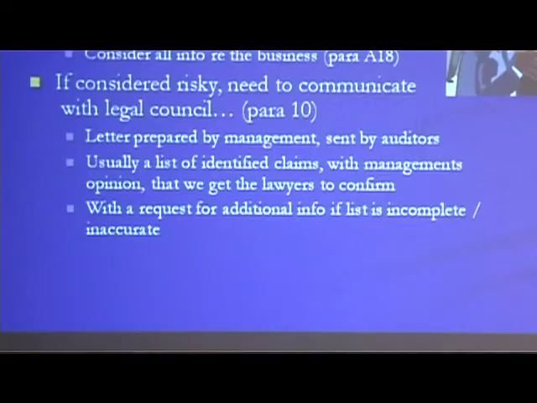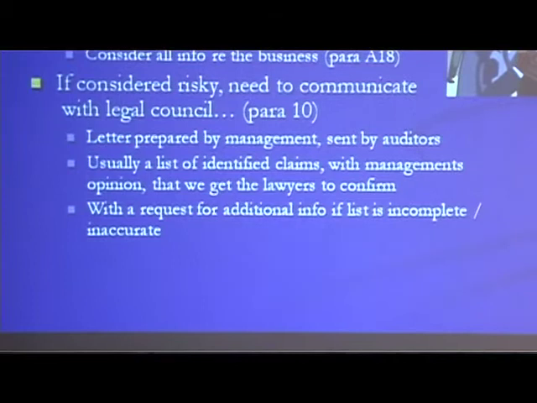It also gives you guidance in paragraph 10 around what to do if you need to communicate with legal counsel, so lawyers. And there are 3 points in there. Again, you can flag those, and you've got them if ever you need to describe procedures to communicate with lawyers. Generally speaking, where lawyers come into it, in your substantive procedures, you should be including these procedures to communicate with those lawyers. Also bear in mind that lawyers become experts.